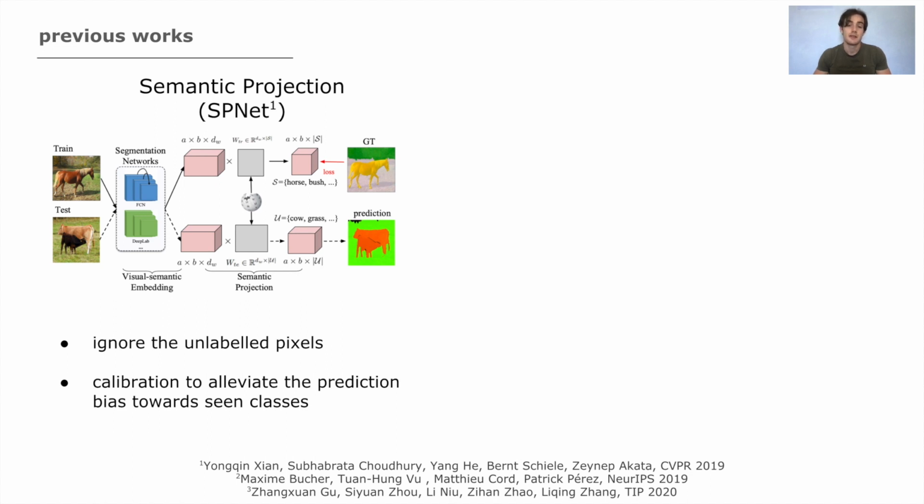ESPNet takes the task as a visual semantic embedding problem, evaluating the compatibility between the visual space and the semantic one, so that proximity translates into semantic relationships. It's very simple, but it severely suffers from the class imbalance issue that it tries to solve by reducing the prediction score of unseen classes by a constant calibration factor gamma that is sensitive and hard to tune.